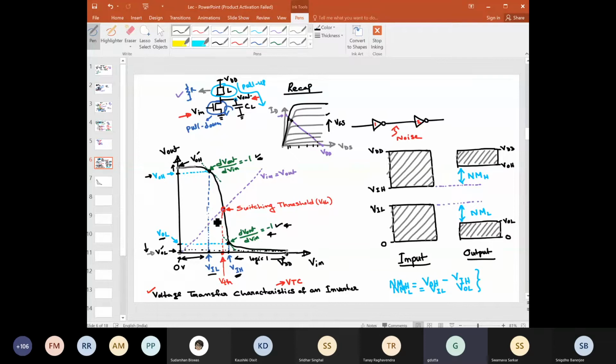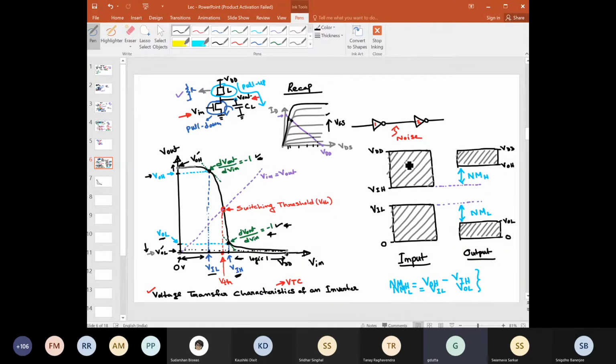It is expected that VIL and VIH will be as close as possible. That means the width of this particular region in this plot should be as minimum as possible. That means this slope is expected to be as high as possible, right? Okay. So if this part is clear, then regarding the concept of noise, we have also shown this